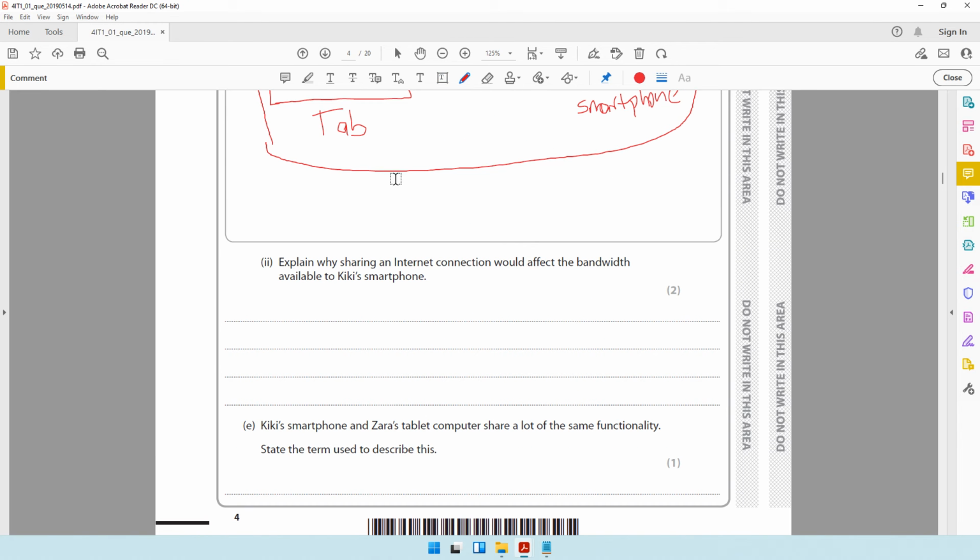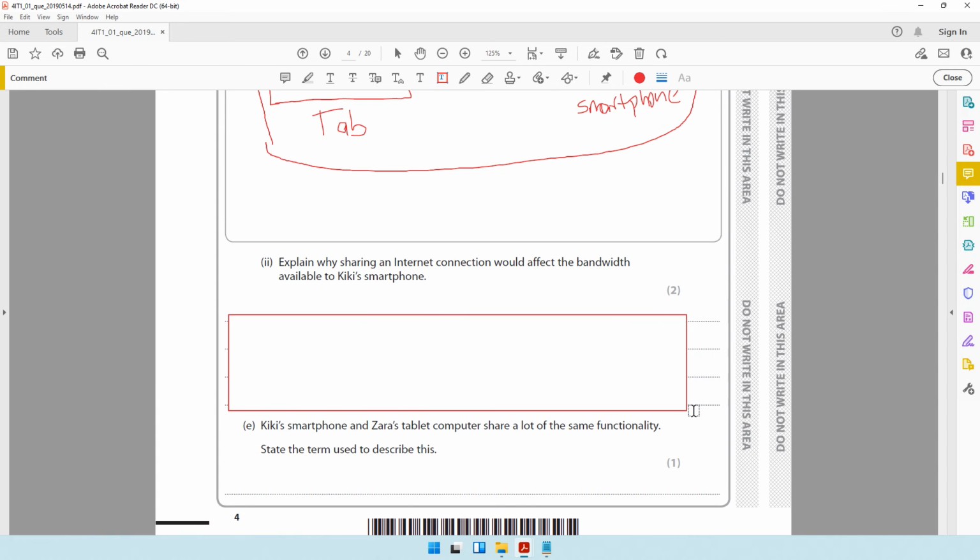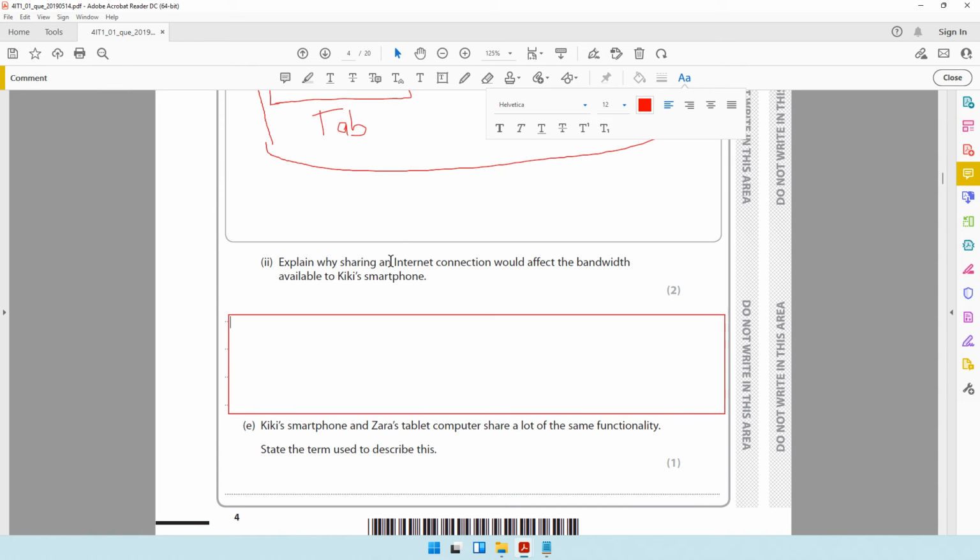Moving on, it says over here, explain why sharing an internet connection would affect the bandwidth available to Kiki's smartphone. So we can draw a text box over here. They're asking why the bandwidth is going to be affected when the internet connection is shared. You can very simply say, since the internet connection is shared, the bandwidth will also have to be shared. So you can say, since the internet connection is being shared with Zara's tablet,